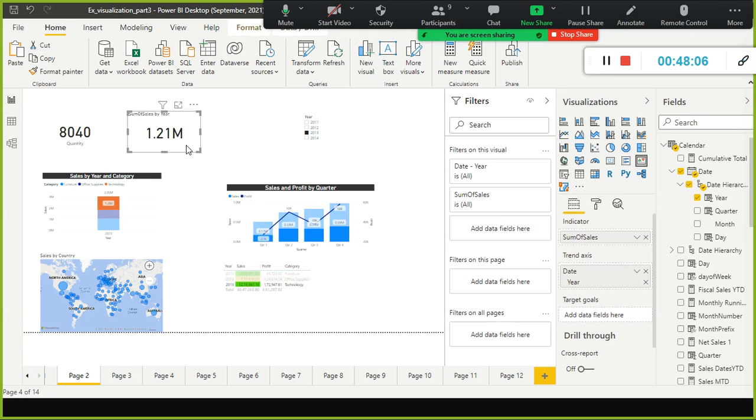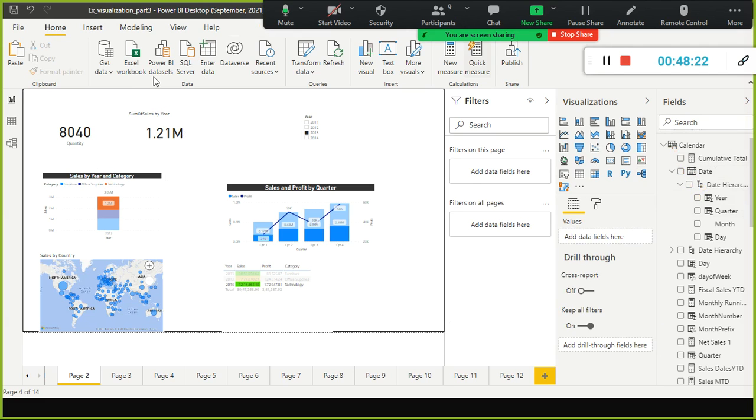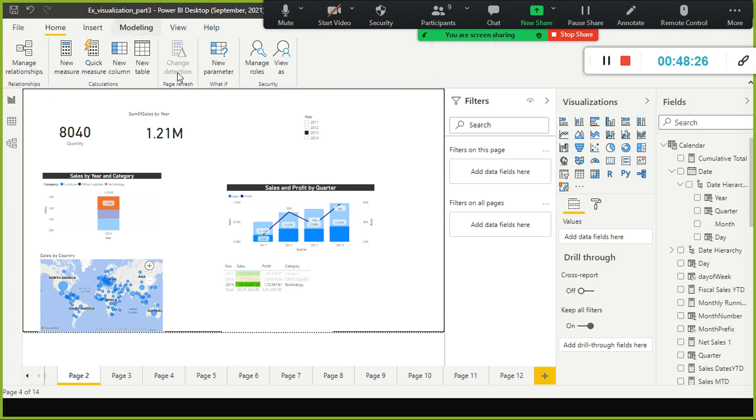The difference is with the help of the KPI, we wanted to track the actual versus target. So this is my actual, what is the target? For this, we don't have any column available in my data set. What I am going to do is create a measure here, just to mimic that.